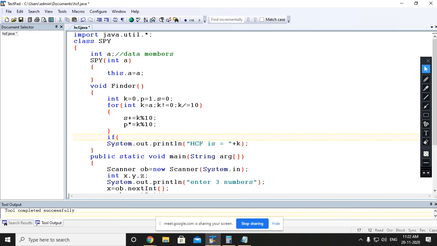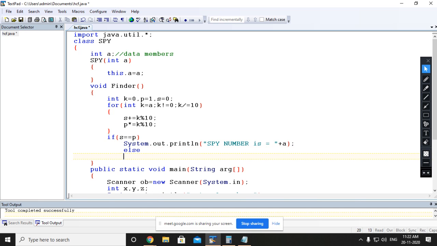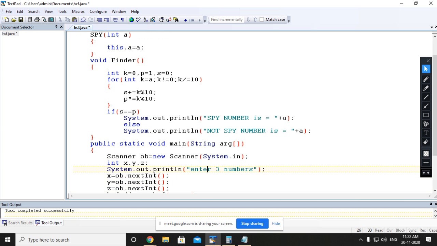After that, if sum equals P, SPY number is printed, else not SPY number. Now enter number. Now the class name is SPY.